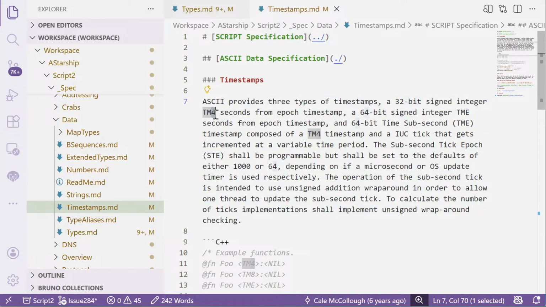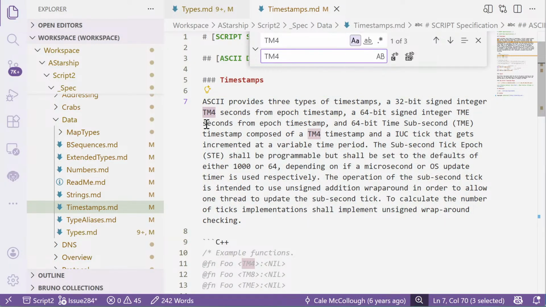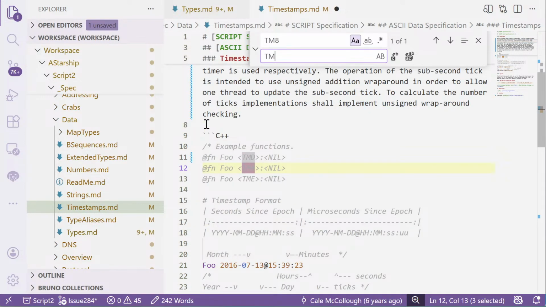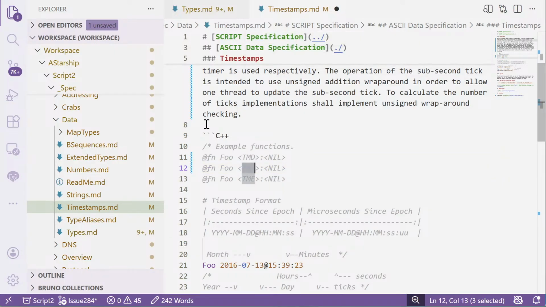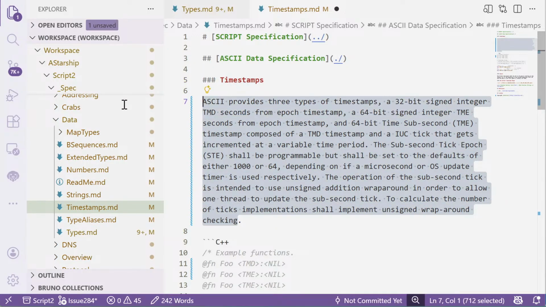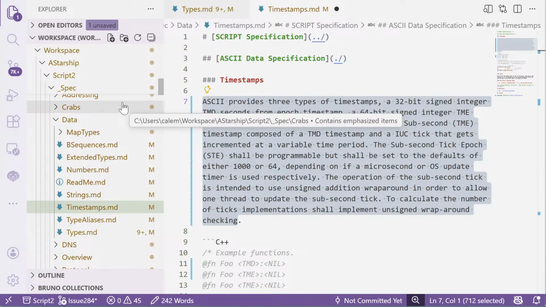Oh yeah, you know it's old because it says TM4. Damn. Homie, what are you doing? Oh shit, am I really wanting to...